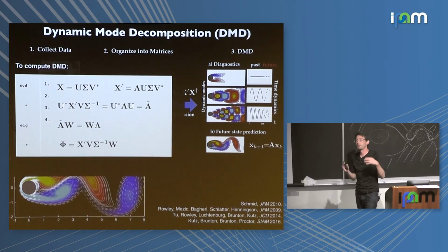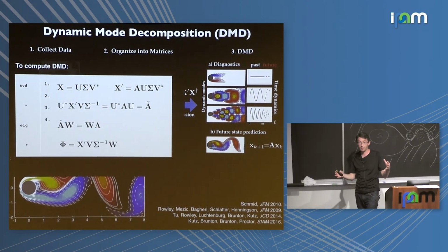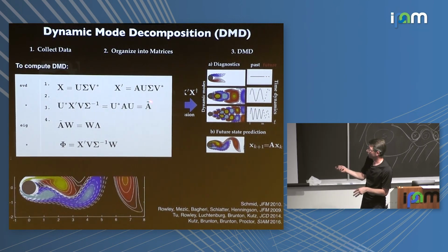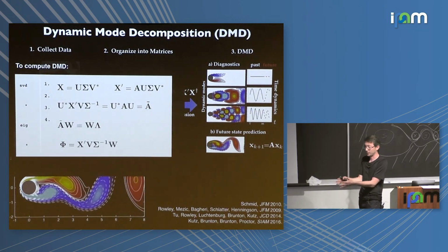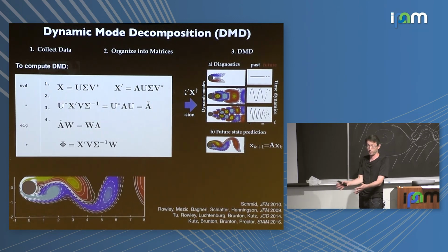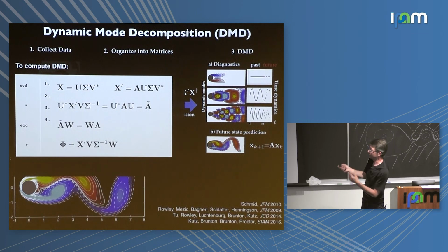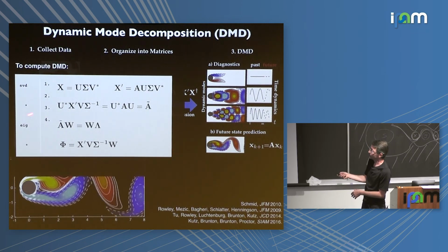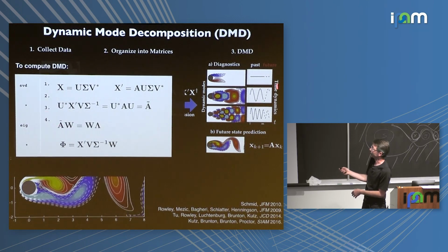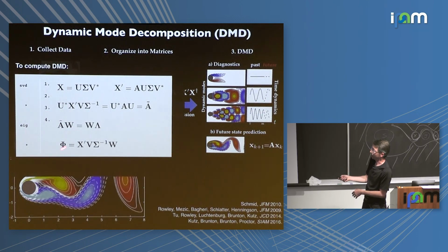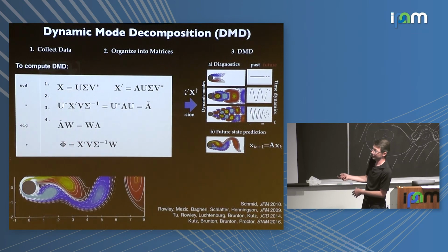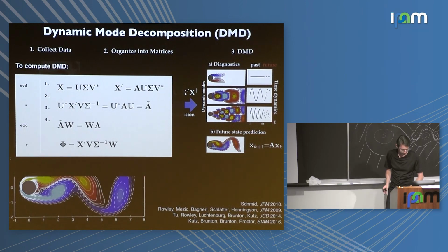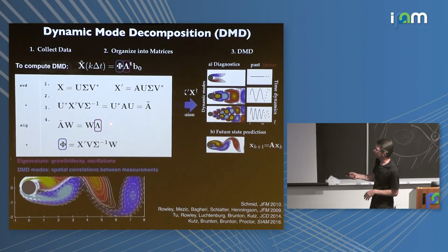Big picture is, I found this best fit linear operator A, but I didn't want to actually solve for it or write it down. So instead what I do is I work with this proxy A tilde that's projected onto a dominant low-dimensional subspace of principal components. I just do PCA on my data, and I project it onto the dominant principal components. And then from the eigendecomposition of this tractable A tilde, I can obtain my eigenvalues directly, and I can get my modes by just recombining my data X prime in a certain order. Very useful, okay?